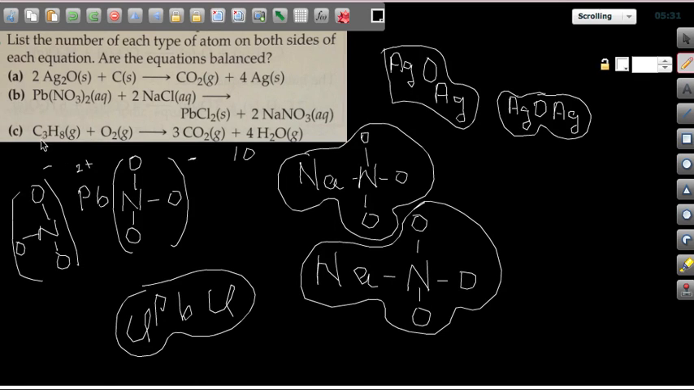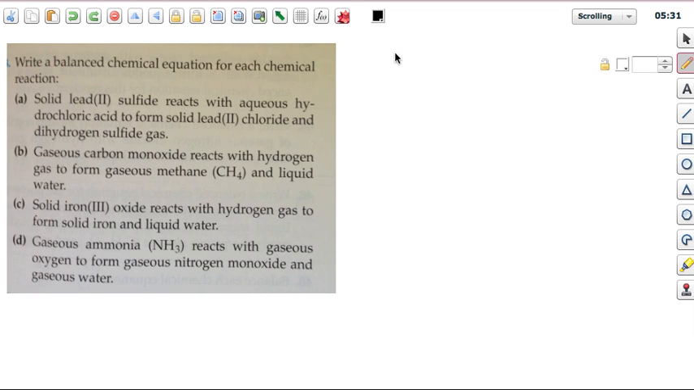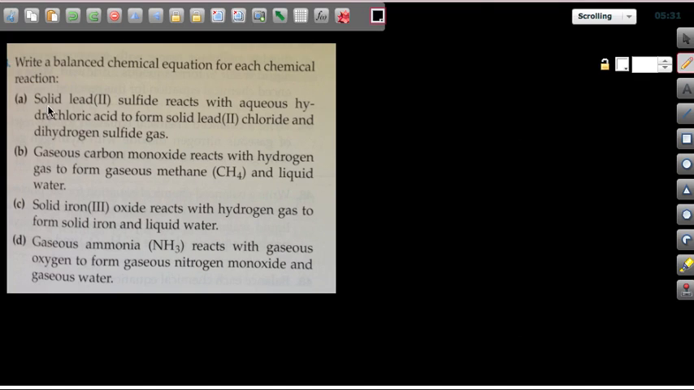Okay, so this is how you identify whether an equation is balanced or not balanced. So the last one is not balanced. You can pause the video and convince yourself that the last one is not balanced. Okay, I now would like to go through balancing chemical equations. The first one,